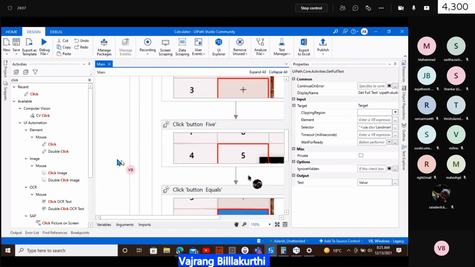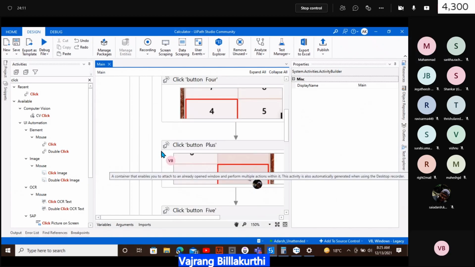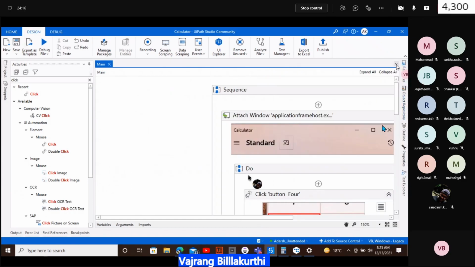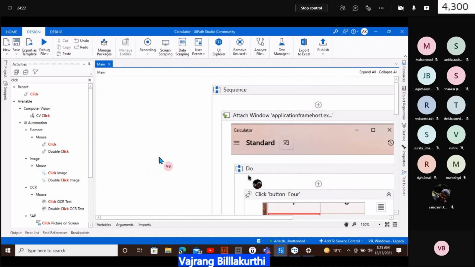See, the main idea of this one is you are opening a calculator. So see here, attach window is what we have. Now, when we don't have calculator open, then how can we get this done? So, Adarsh, please also add. Let's debug the file. Let's see what are the questions that we are going to get when we are correcting the code.